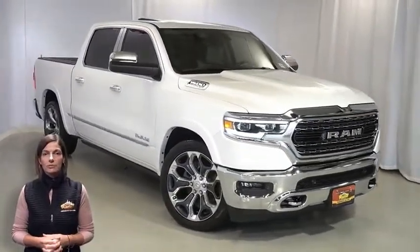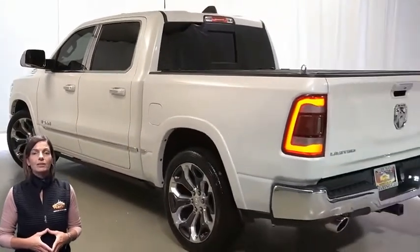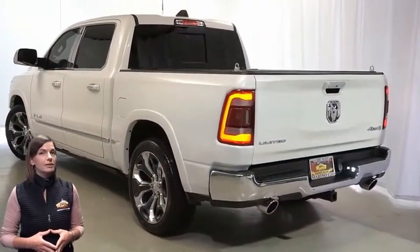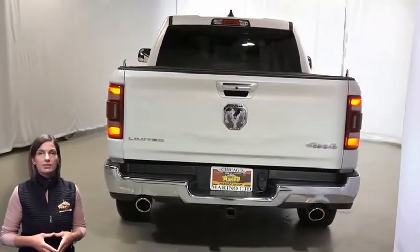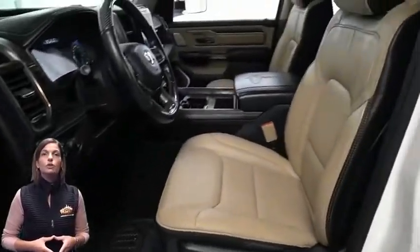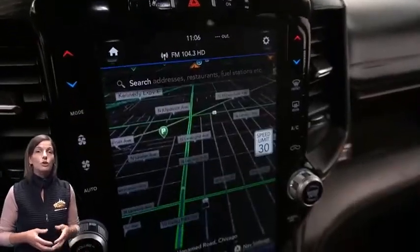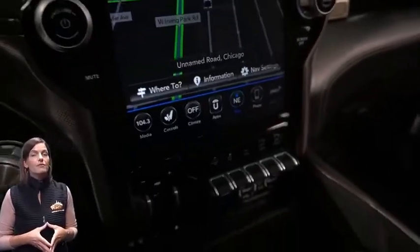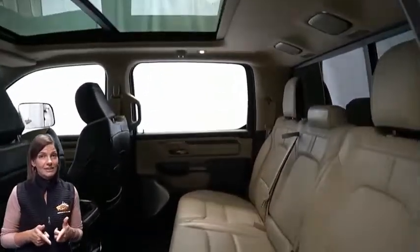With HID headlamps, front fog lamps, 22-inch aluminum wheels, power chrome trailer tow mirrors, lane departure warning plus, LED tail lamps, tow package, heated and ventilated front seats, heated steering wheel, 33,000 miles on the odometer, 12-inch touchscreen, navigation, rear backup camera, dual zone temperature control, ventilated rear seats, dual pane panoramic sunroof, LED bed lighting, 5.7-liter V8 Hemi engine,